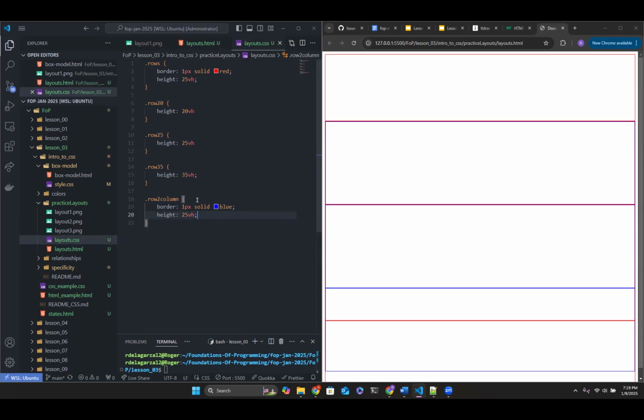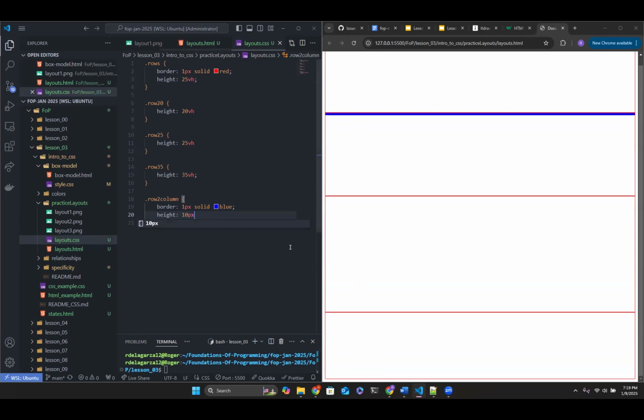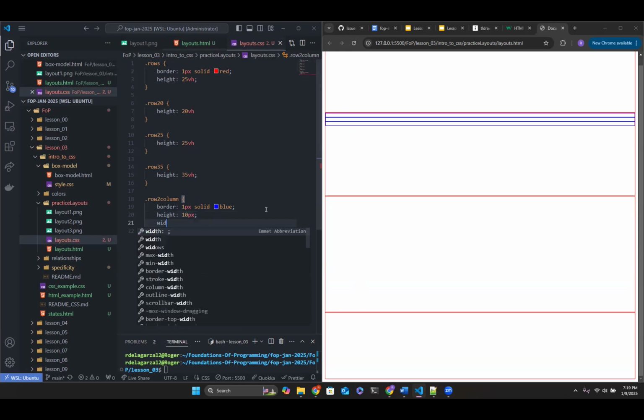And it's not doing what I was. Oh, it is doing it. My apologies. But look how it's stacking up because they're not aligned. So let's just do 10 pixels for now so we can see where they're at. We can see them all within the box, and then we'll fix the height in a bit once we align these. But the width should be 33 view width.